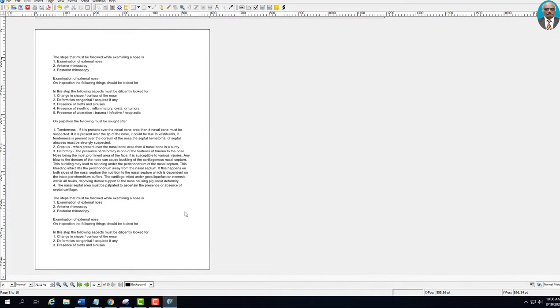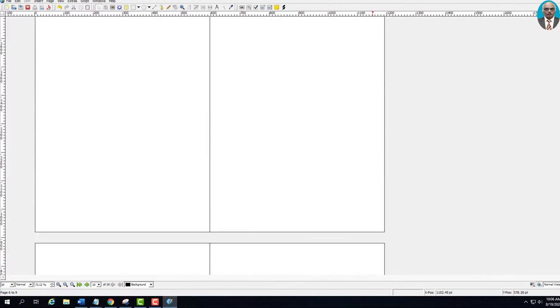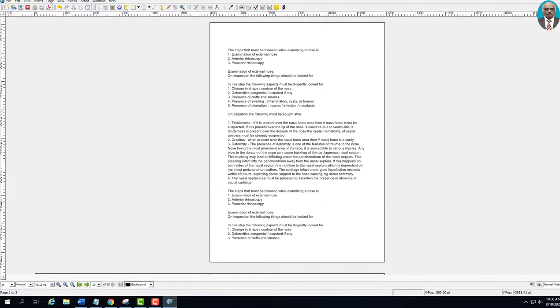So if you want to edit already created pages and see the result, you can always copy. The best practice is to copy the particular page you want to edit, push it to the last page of the document, and do the edit. If you are comfortable with the edit, you can retain that page and delete the old one. Or if you are not happy with the corrections you made, you can retain the old one and delete the edited page. So that is possible.